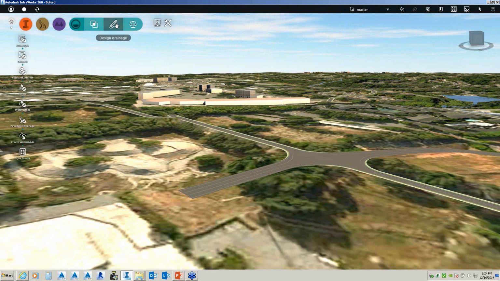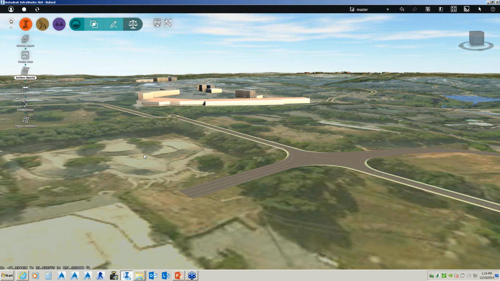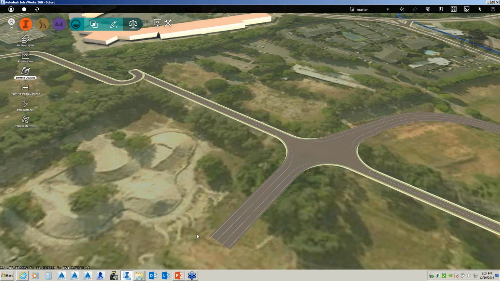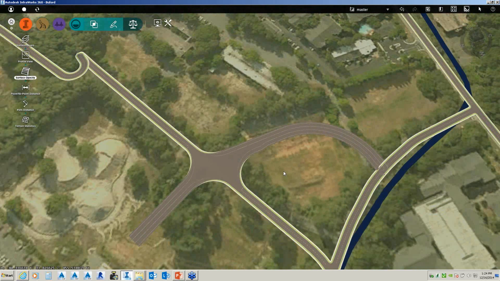So when I do surface opacity, then it allows me to see through the ground. So if I had drainage structures in there, I would be able to see those.